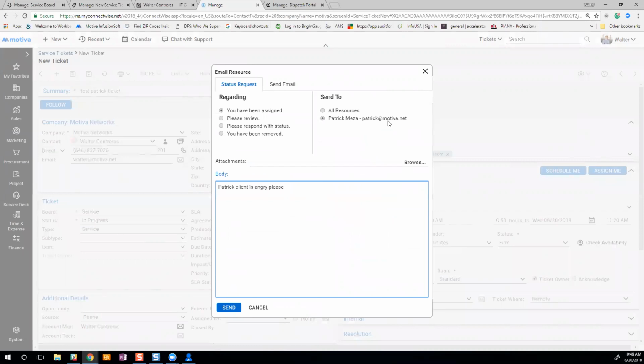Please proceed with caution, right? Or anything, right? Please help him. He's the owner, right? Or something, right? She can choose to send it to everybody on all the resources entirely, but the default is